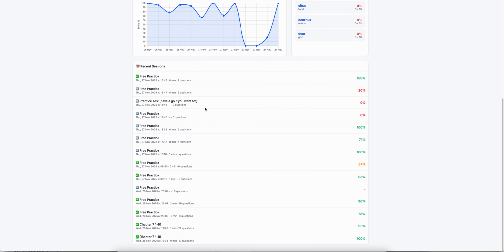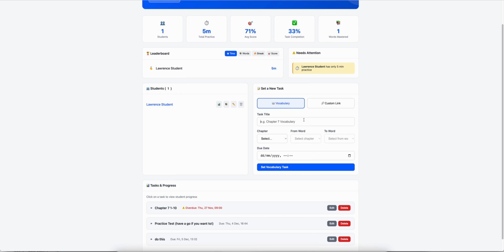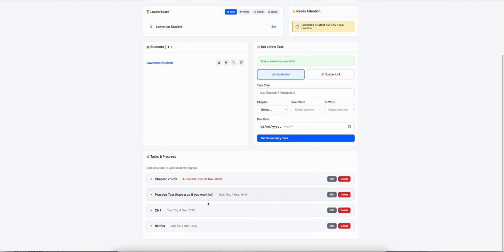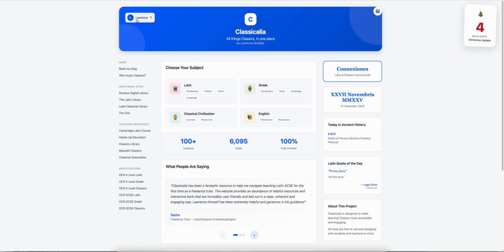and I can see his full history for how long he spent on different kinds of activities. Okay, so really I get a full overview and I can tailor my lessons then and my tracking according to how this page looks. I can set specific vocab preps, so if I want to set chapter 1, but only perhaps the first, I don't know, half of it, I can pop that down there, set it for next week, set a vocab task, and we'll see that when I go back to my student account,